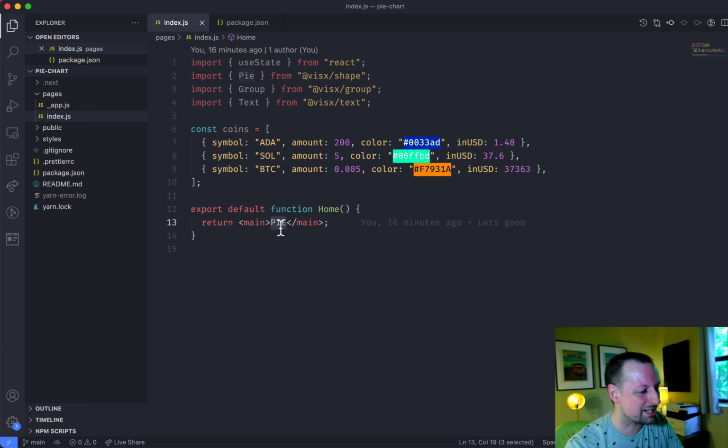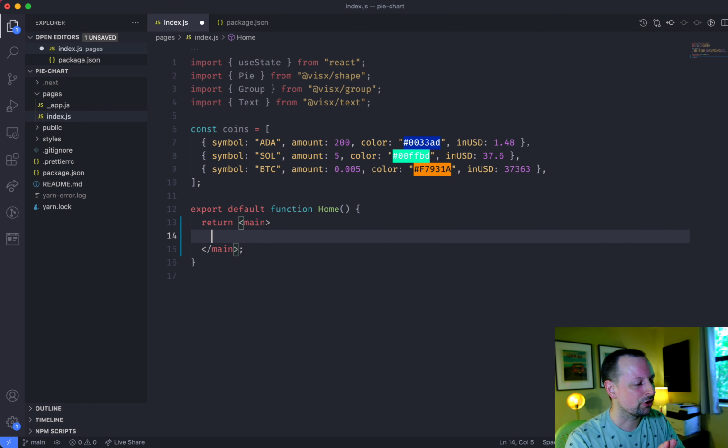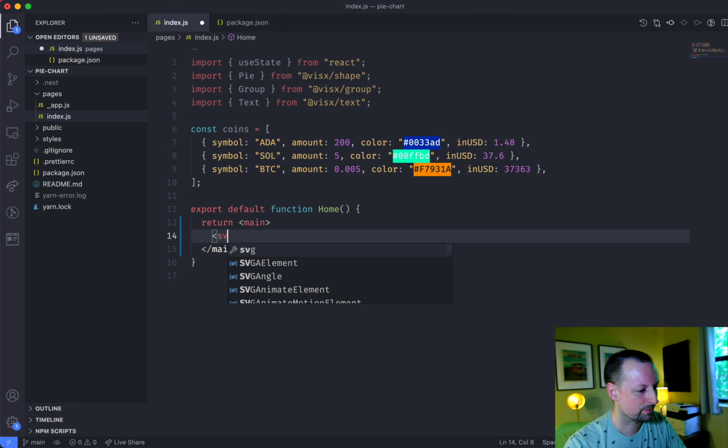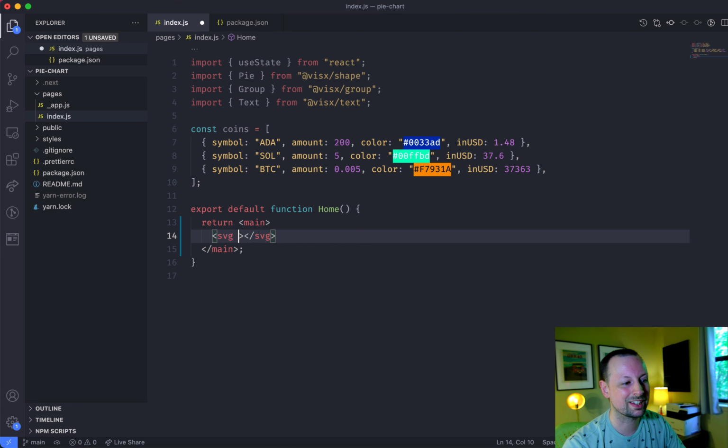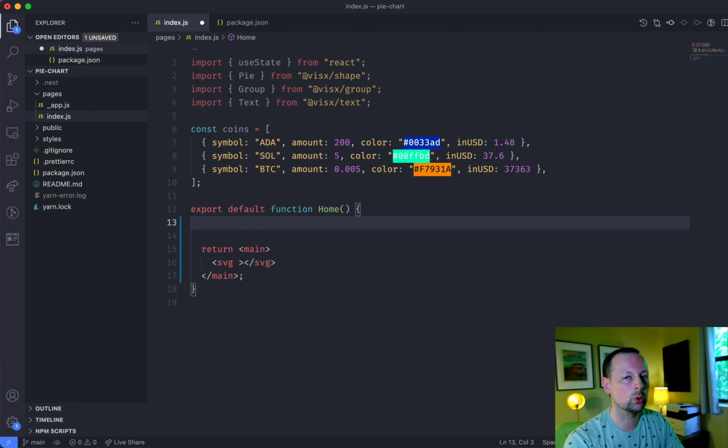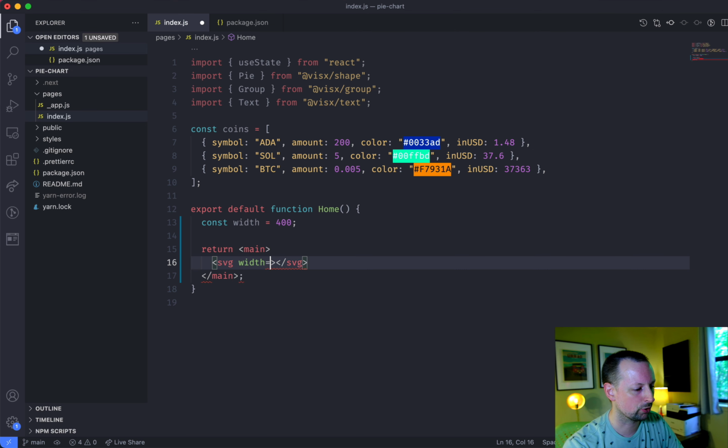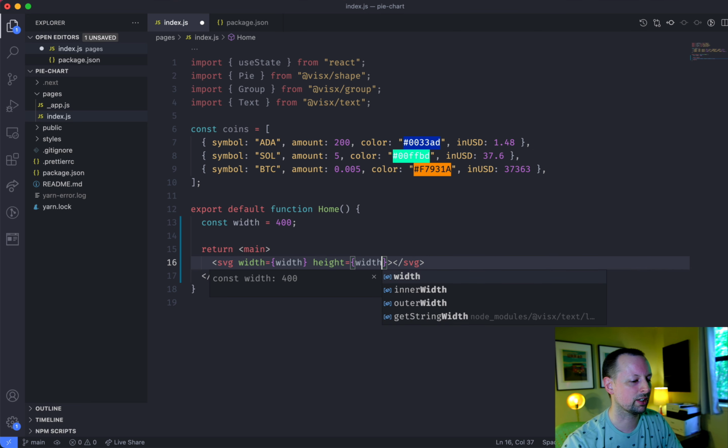All right, so inside of Main, what we're going to do is start off by rendering an SVG. I screwed up already. There we go, SVG. And we're going to give it a width and a height. They do come with some tools to help you deal with responsive layouts. It tells you the width and the height of the container that you're inside or your screen, and as it changes it will re-render and give you the new values. But for us, we're just going to hard code it. So we're going to say our pie chart is 400 in width. We'll set width is width, and we'll say height is width as well,